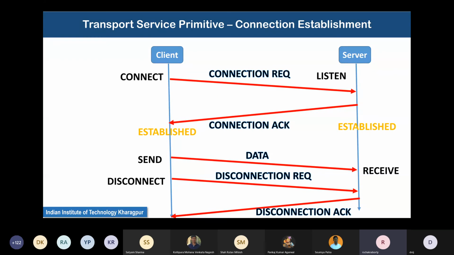Okay, then it sends a connection acknowledge request and it establishes a connection. And then using the send primitive, data can be sent and it is received. What is not shown here is that for every segment of data that is sent to the server and this receive thing executes, immediately that segment would be acknowledged by a message sent back.